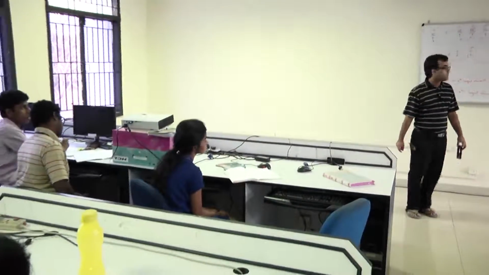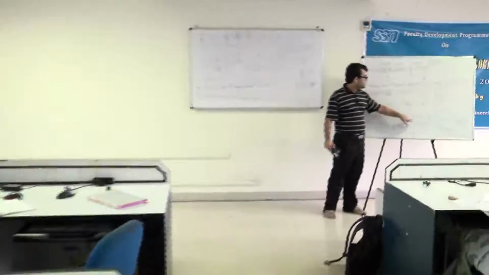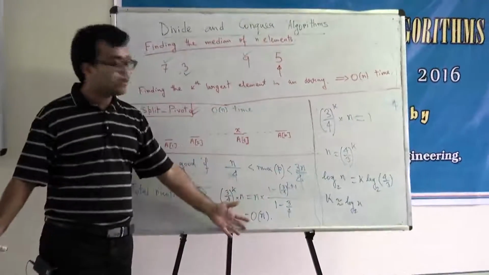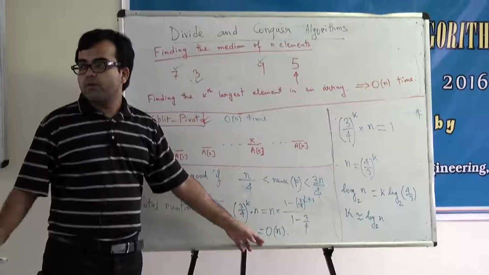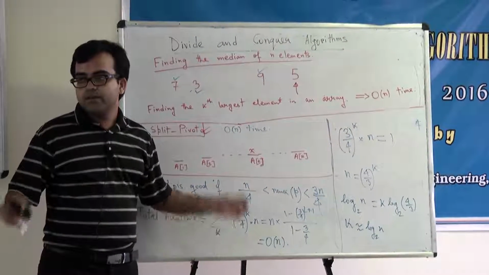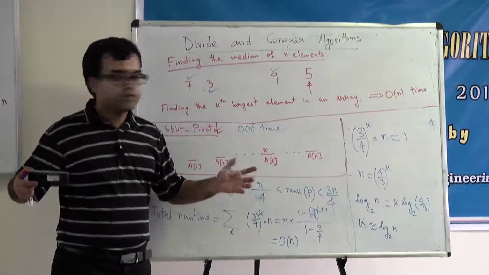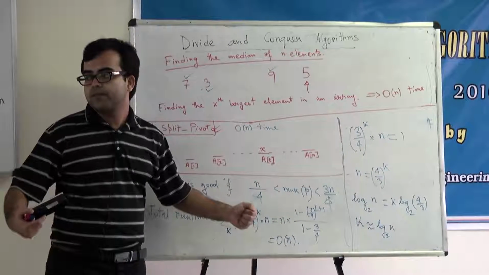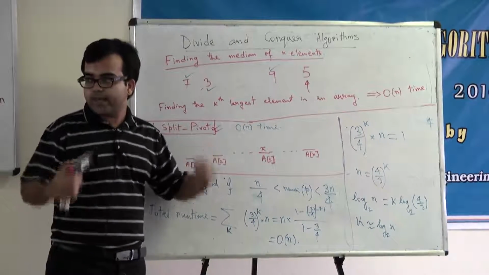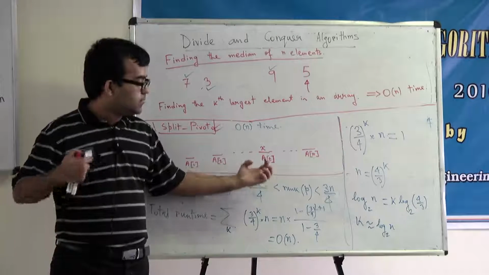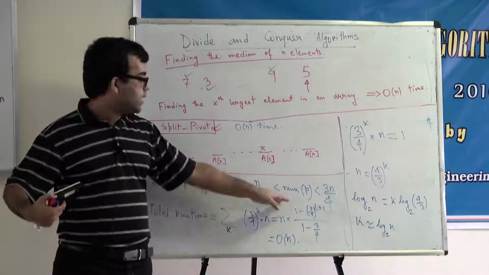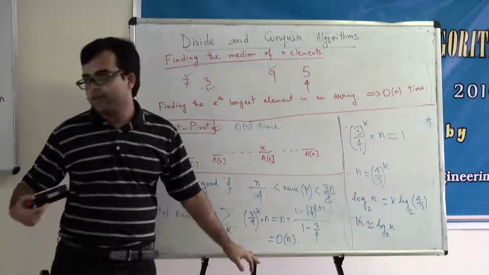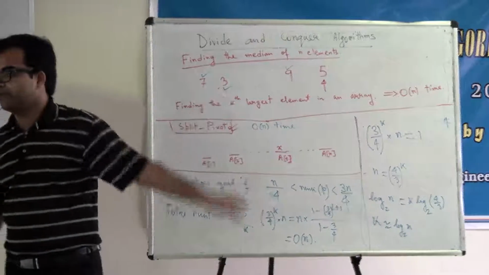I am not stressing on that. You can just define a good pivot to be anything whose rank is, say, between n over 100 and 99n over 100. Then you will also get the same result. So all I am saying is that a good pivot's rank should be within a constant factor of n over 2. If it is exactly n over 2, then it's exactly in the middle. As long as it's within a constant factor of the middle, you will get a range between n over alpha and some beta times n, and then the whole analysis will also go through. There's nothing magical about 1 over 4 or 3 over 4.